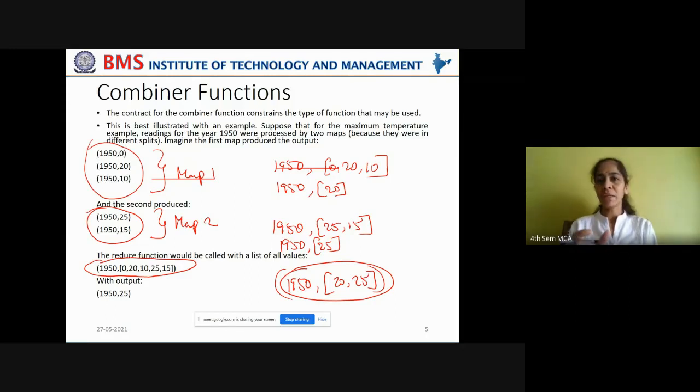So you have to see whether the aggregate function that you are selecting to perform the reduce task is compatible enough that it gives the same output in the presence of the combiner function or in its absence, right? If it is giving the same output, only then should you prefer a combiner function. Otherwise, you better not take the combiner function.